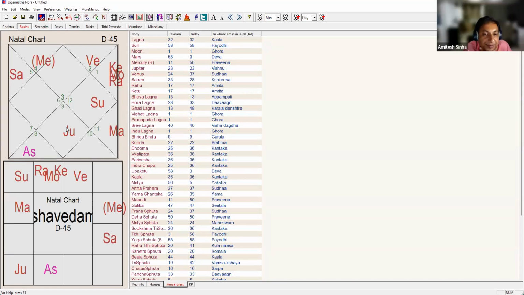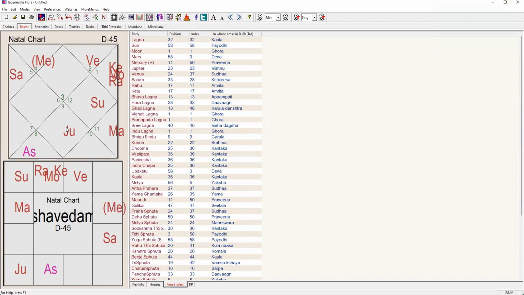Sir, whether you have done some murder or something, whatever. Sir, so that was my question. As an example, please, decode this as an example. Ruchi ji, you are still a beginner, so don't go into that much yet, there will be confusion. But I'm just showing the possibilities. This is possible with divisional charts.